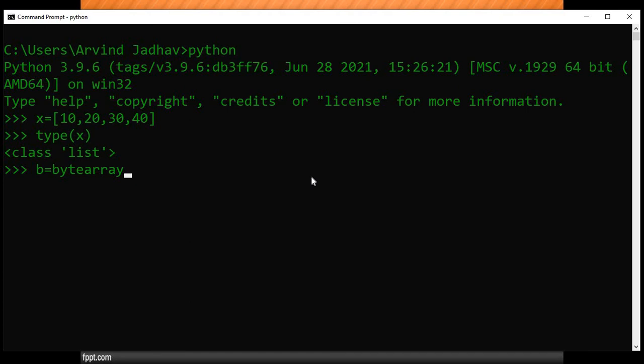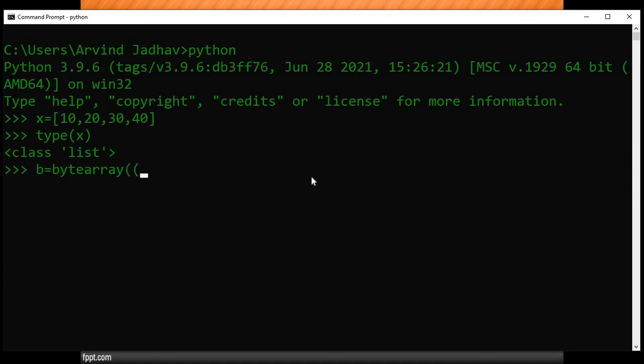We have only one difference between bytes and bytearray, the concept of mutability and immutability. Immutable means what? We are not able to change the content of elements, we don't have permission to change elements, but while doing the operation on bytearray we have permission. But the problem of range in bytes and bytearray is the same.